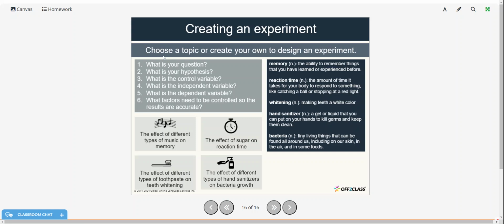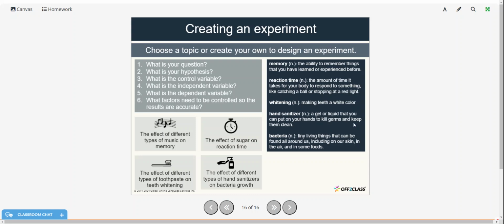All right, so now choose a topic or create your own to design an experiment. And here we have some vocabulary: memory, the ability to remember things that you have learned or experienced before; reaction time, the amount of time it takes for your body to respond to something like catching a ball or stopping at a red light; whitening, making teeth a white color; hand sanitizer, a gel or liquid that you can put on your hands to kill germs and keep them clean;